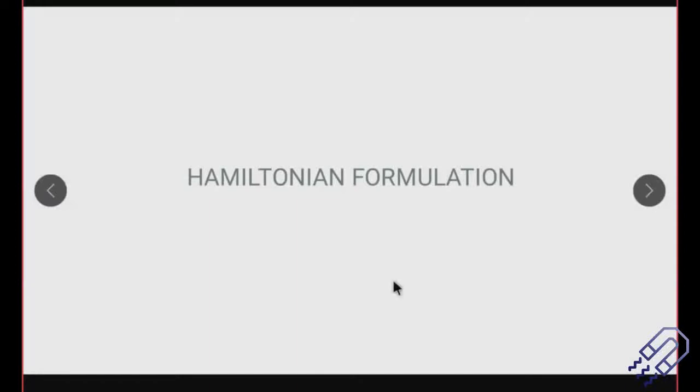At the outset, before we start, we know that L is equal to T minus V, and of course H is nothing but the Hamiltonian. Even in quantum mechanics, the term Hamiltonian is used again and again. It actually represents the total energy, so it will be kinetic energy plus potential energy. Let's not get confused here: most of the time the kinetic energy is represented by T. So L is equal to T minus V gives you the Lagrangian, and H is equal to T plus V gives you the Hamiltonian. Both of them actually deal with energy.